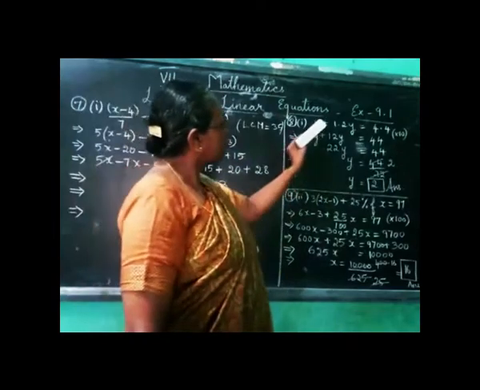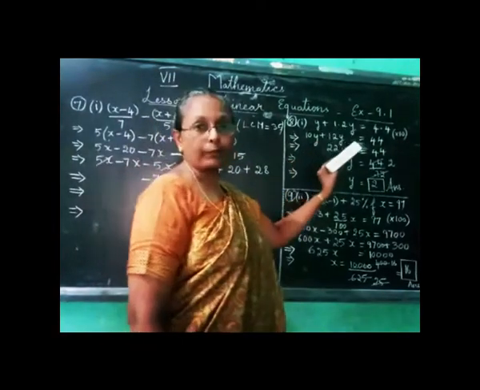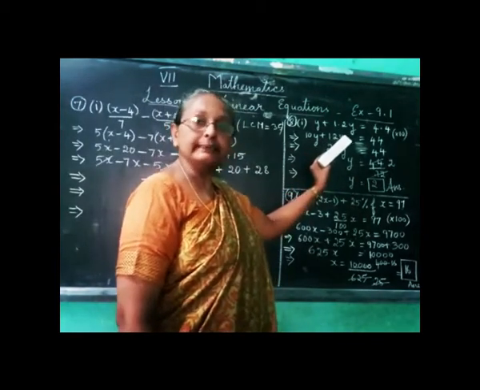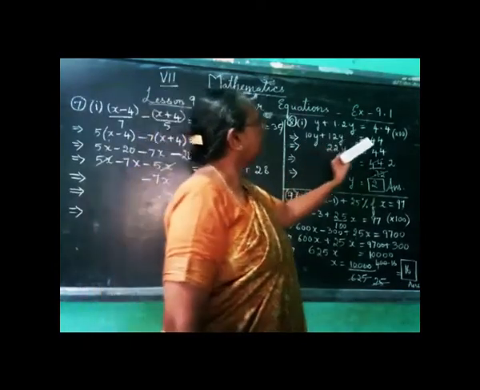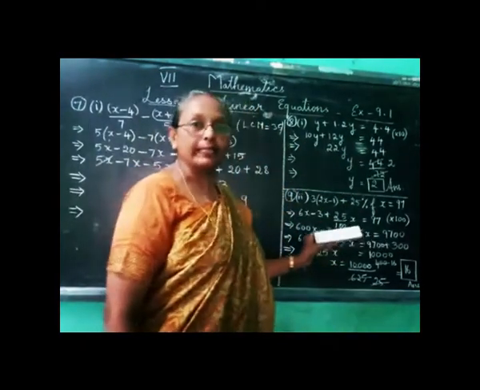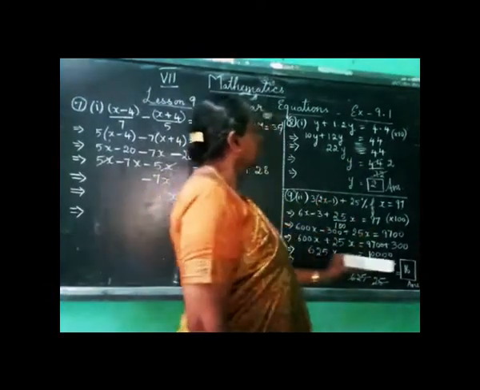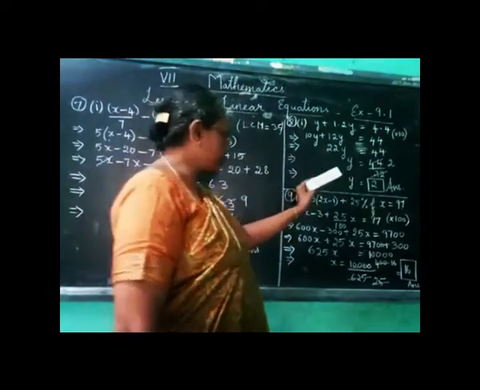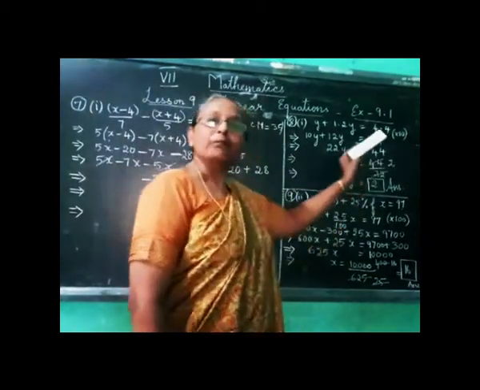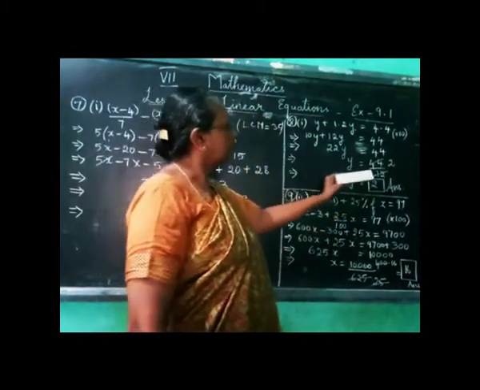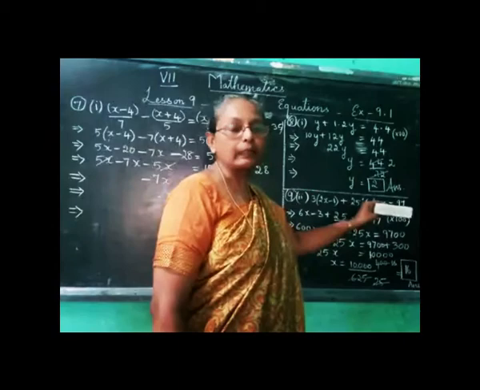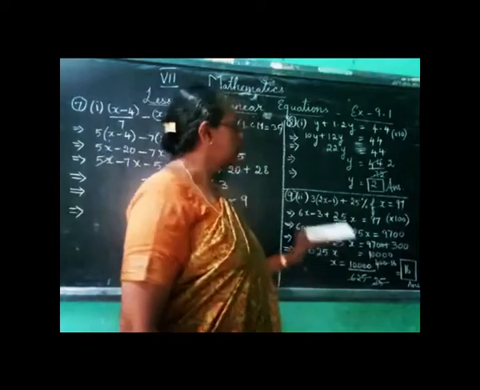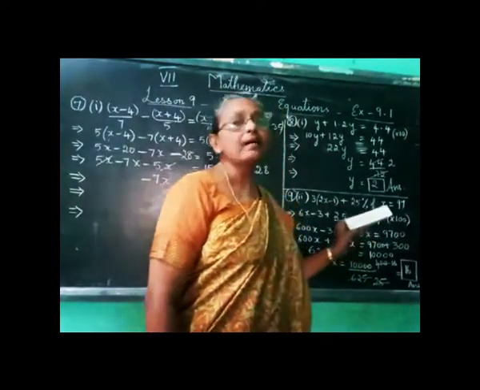We get 10 into y, 10y, plus 10 into 1.2y will be 12y. 1.2 into 10 is 12. So 12y, that is equal to 4.4 into 10. We get 44. Then 10y plus 12y, when we put them together, we get 22y. 22y is equal to 44. Then y is equal to, we will bring 22 to the other side, it will become division. 44 by 22. When we cut, it goes 2 times. So y is equal to 2. That will be the final answer.